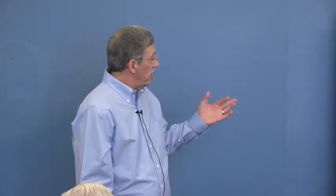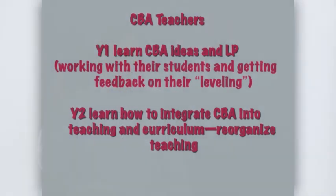And basically, the teachers resolved these issues. It took at least 2 years, okay? Year 1, just figure out what the levels were, and feel comfortable with them. Year 2, sort of revise their curriculum and figure out, okay, in this unit, I'm going to do this from CBA. In this unit, I'm going to do this from CBA. And so they had a plan, and then they implemented that plan. Okay, I think I'll stop with